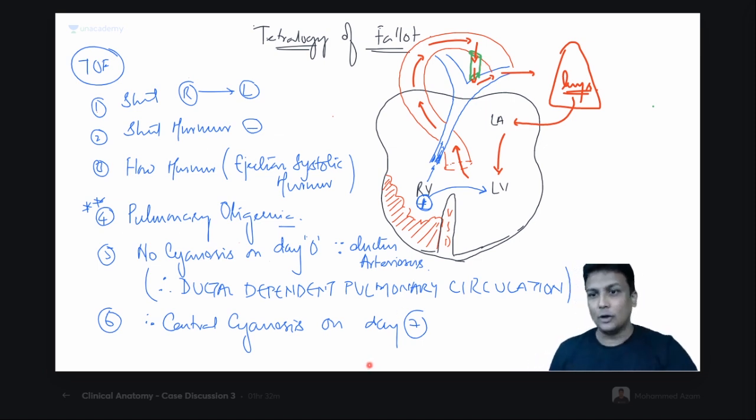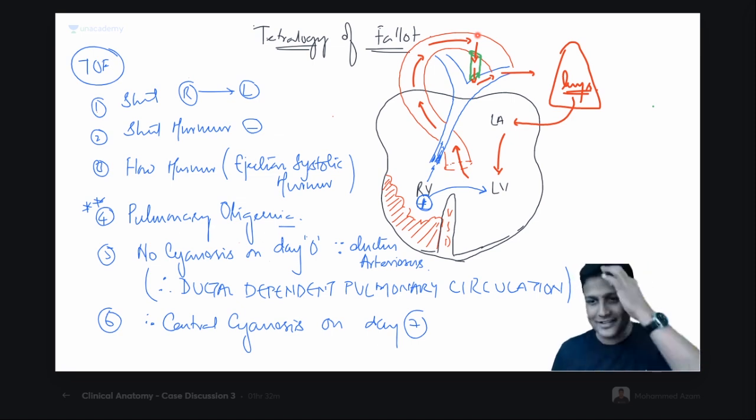Now, how to manage? What is the treatment here right now, sir? Even a first year MBBS student can tell the treatment here after listening to my class. Then what should be the treatment? I should keep this open. I should not allow that to be closed. So maintain the patency. It has to be kept open. And that is done by prostaglandin analogs. Drugs which are similar to prostaglandins, and that will be your alprostadil.